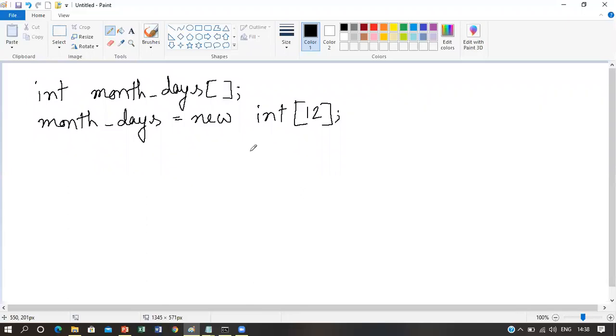Thus in Java, all arrays are dynamically allocated. Now, if the concept of dynamic memory allocation looks unfamiliar to you, don't worry, because we will go into the detail of dynamic memory allocation in some next lectures where we will talk about object allocation in memory.